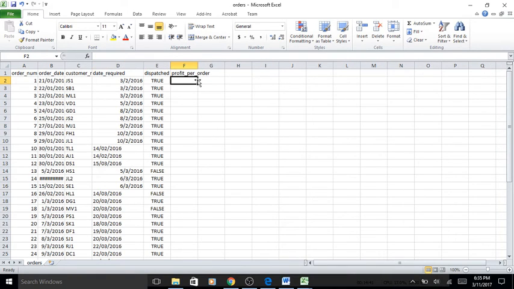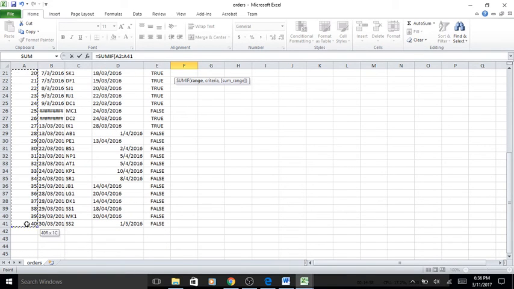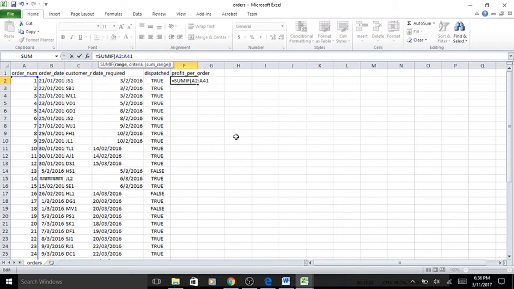So order number 1, you want it equals SUMIF. The sum range is this. And if it meets that condition, you check to see if this number meets this condition. If it does,